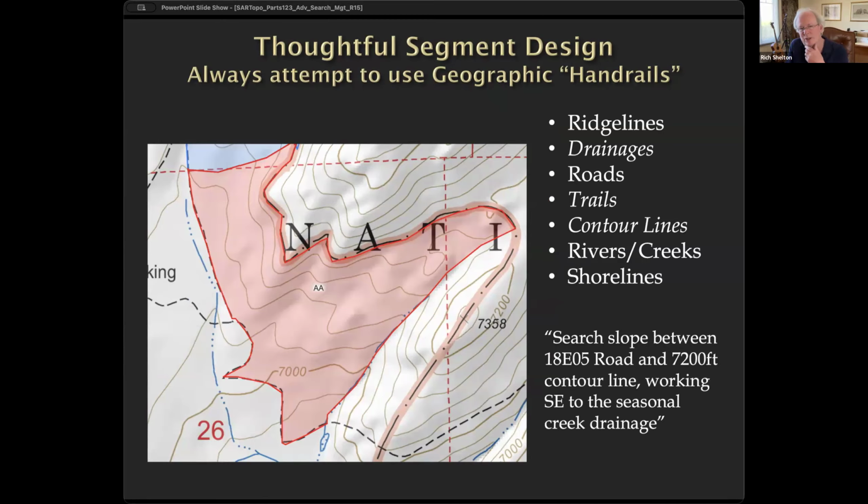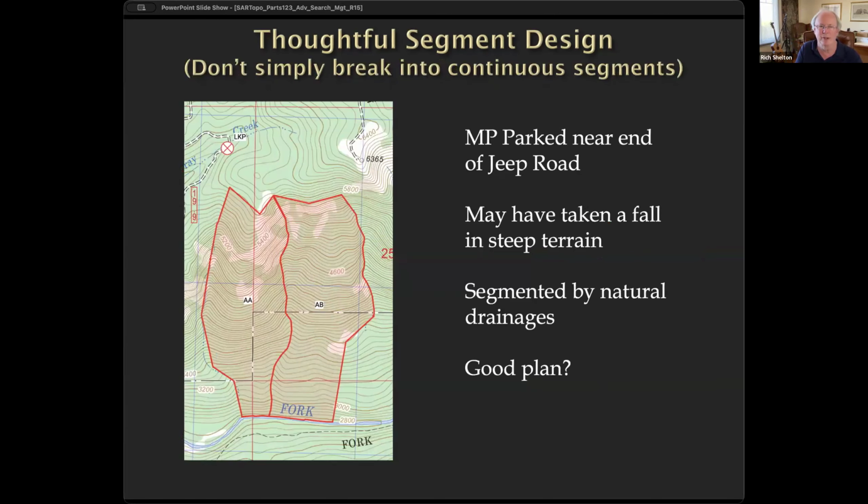So if I were writing a description, I could say, search the slope between 18E05 road and the 7,200-foot contour line working southeast to the seasonal creek drainage. So I can look at that and say, oh, I know what they want me to do, and I know what my borders are, and they make sense. You can't always do this, but geographical borders are a really good starting point for good search